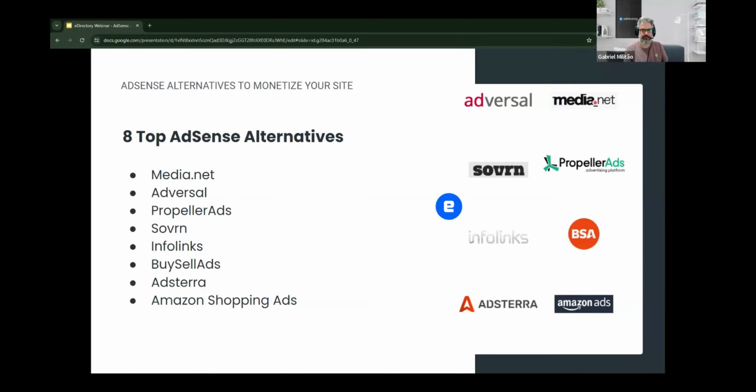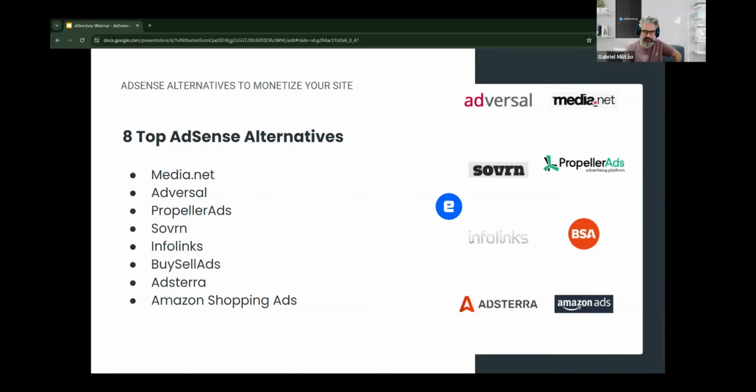The best usage for this platform would be contextual advertising, which is similar to AdSense, suitable for content-focused websites. So niches targeted are blogs, news sites, content-driven platforms, and the earnings might vary from $1 to